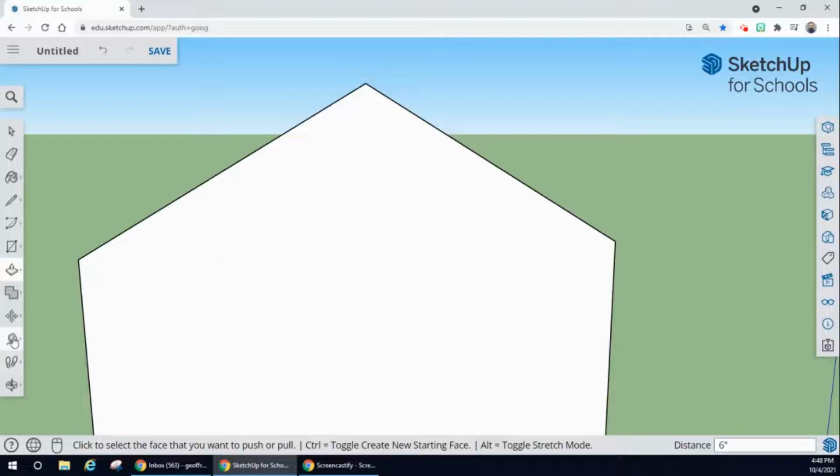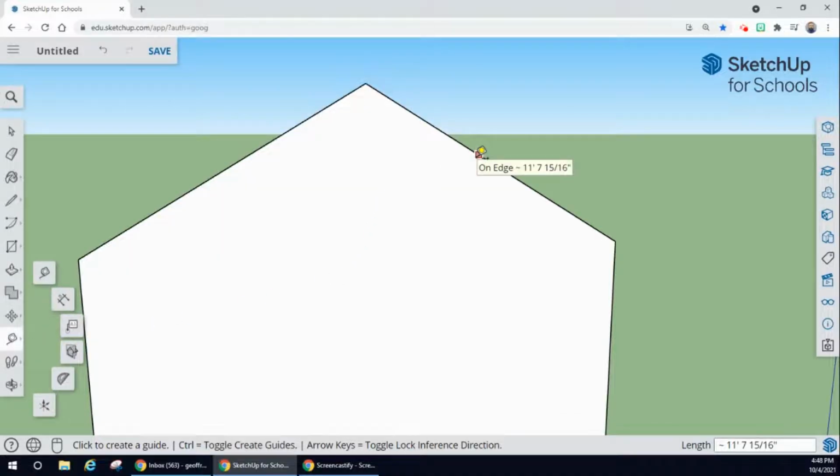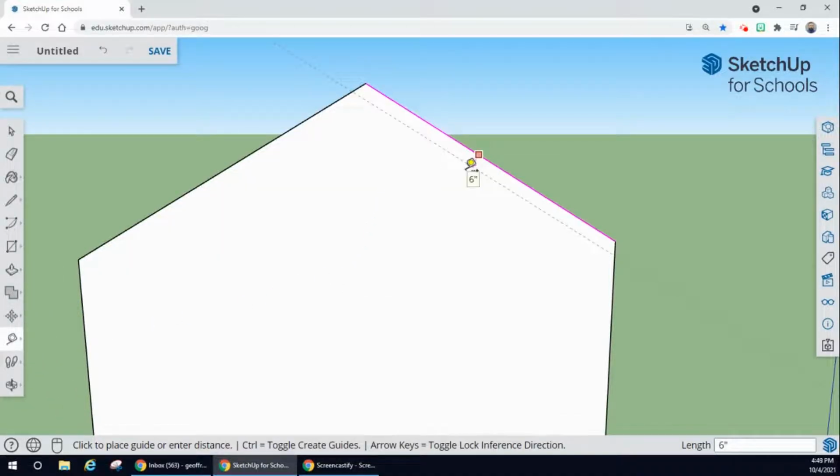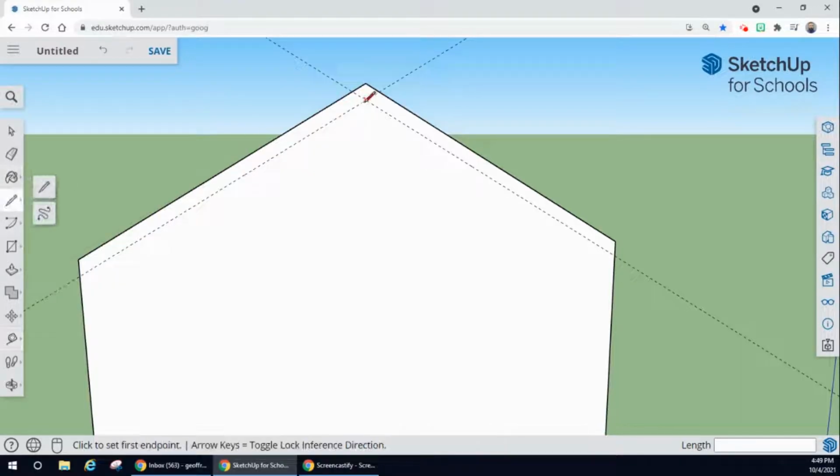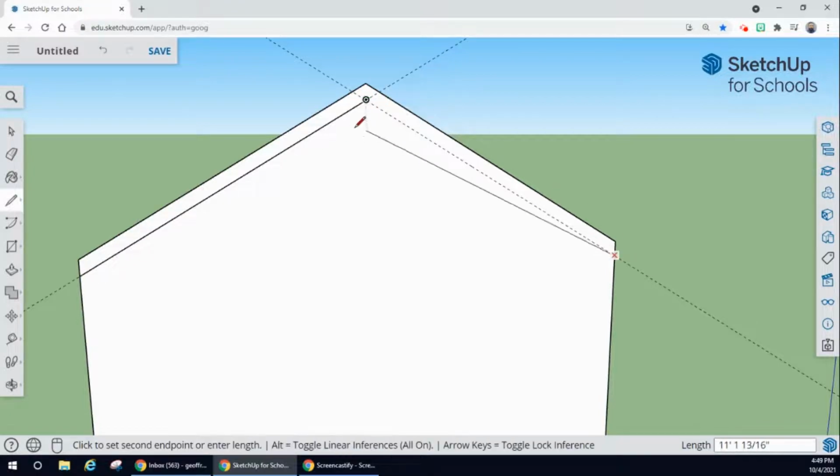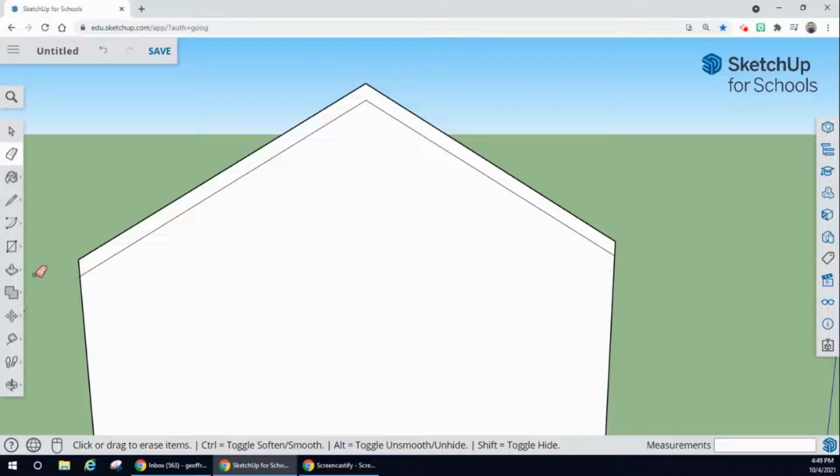So we have to take our tape measure, center, 6 inches, perfect. 6 inches, perfect. And now we're going to take our line tool again, starting here in the center. I'm going to draw my line down to the edge. Now, when you draw your lines, make sure that you are on the edges, right, where you are on the intersections. Okay, once you have your lines drawn, erase your guide marks again,